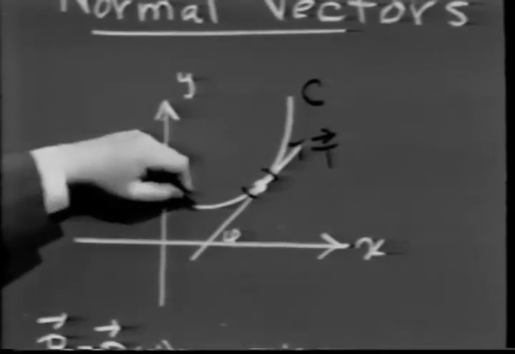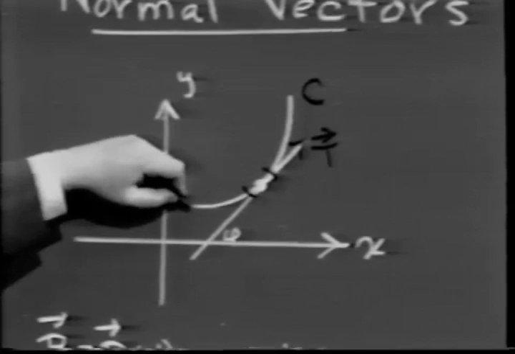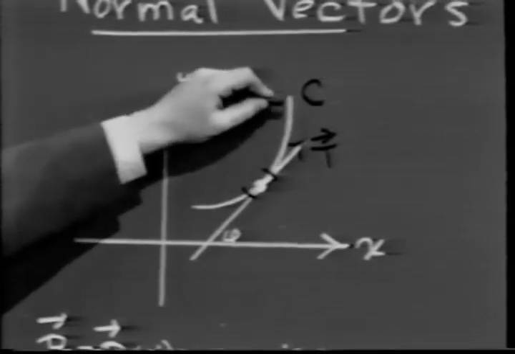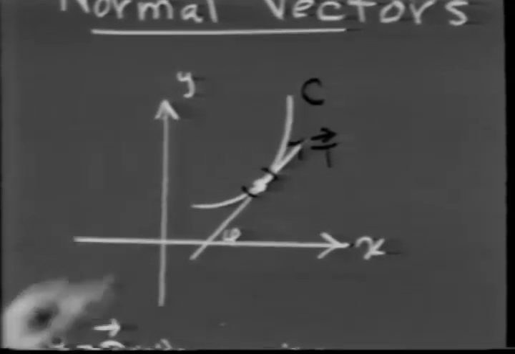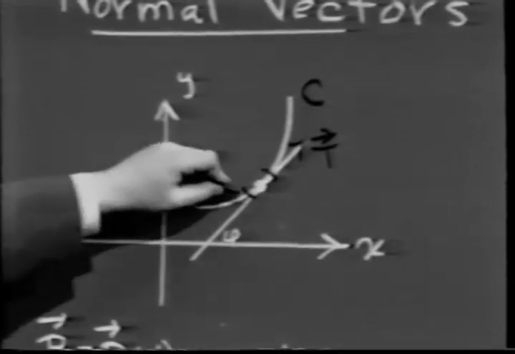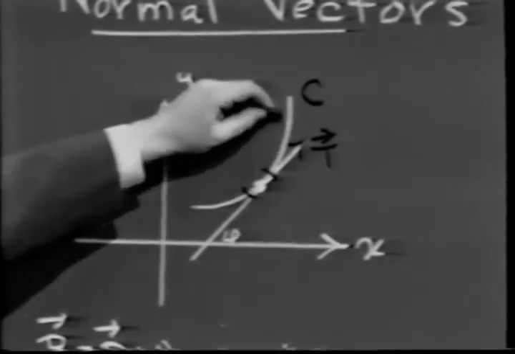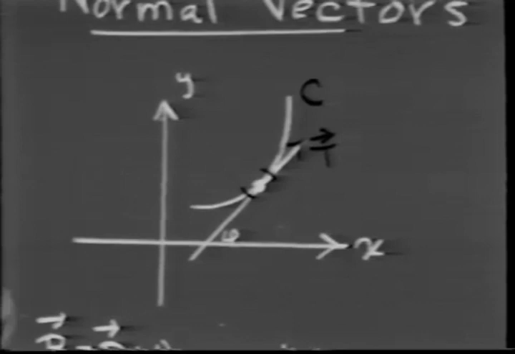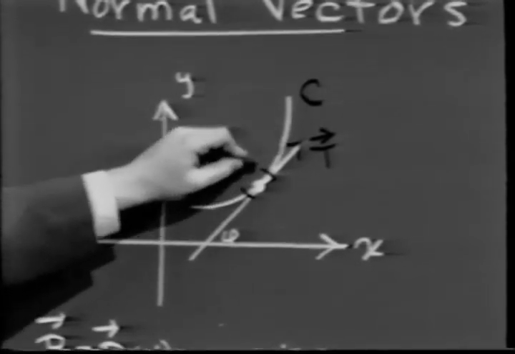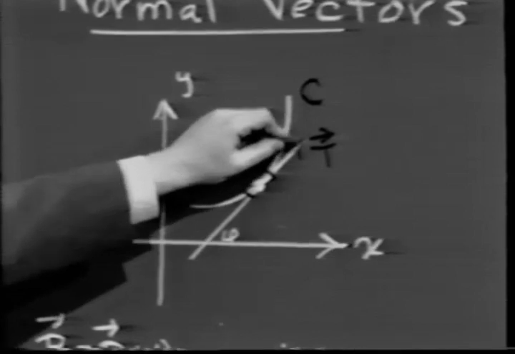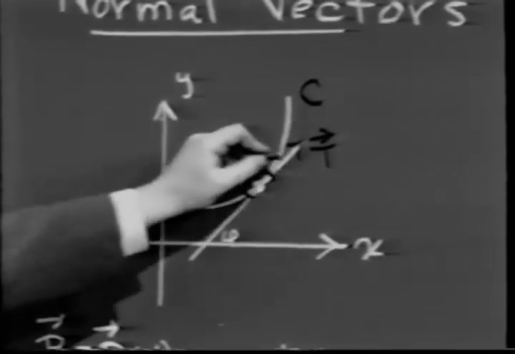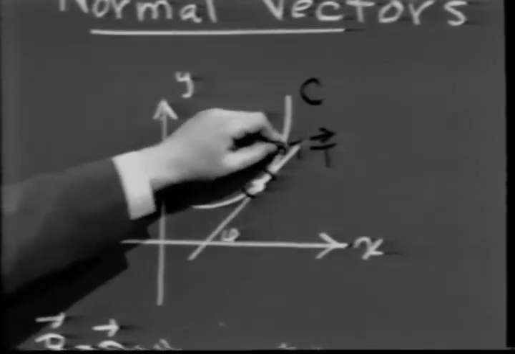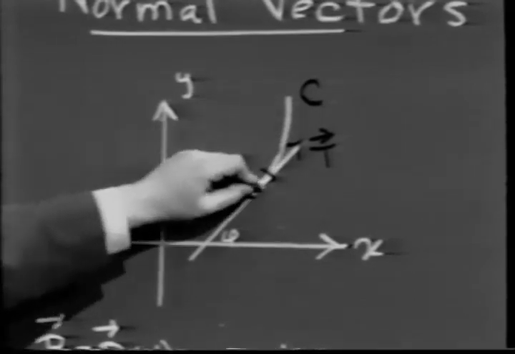And I guess what I'm trying to say in sort of a surrealistic or meta-mathematical way is that T plays to a person who's living on the curve C the same role that i plays to a person living in our ordinary space, that somehow or other he sees T as a constant vector as he moves along the curve. If he visualizes the curve as being a straight line, he always sees it tangential to his motion. Now, in the same way that j was a 90-degree, positive rotation of i, one would like to mimic the i and j Cartesian coordinate system by inventing another unit vector, which is again what? A positive 90-degree rotation of T,